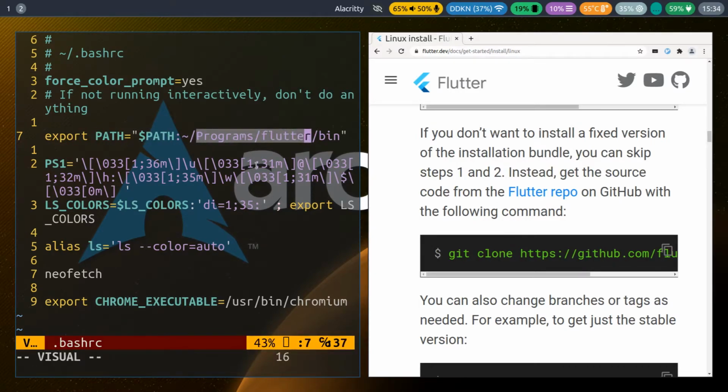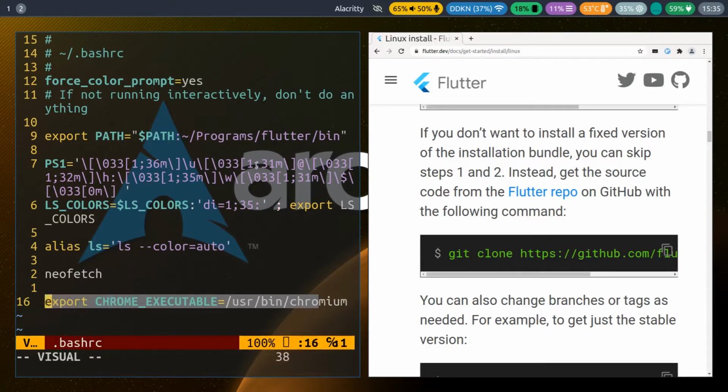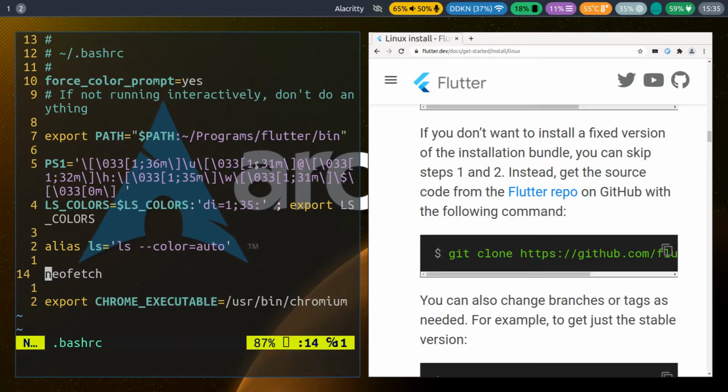This is the path for your binary of Flutter. So that's the thing. And another thing that I ask you to do is this one, export Chrome executable. Okay, this thing here. So this is one, export Chrome executable here. This one. So what you're going to do with this is that if you're setting up Flutter and you have